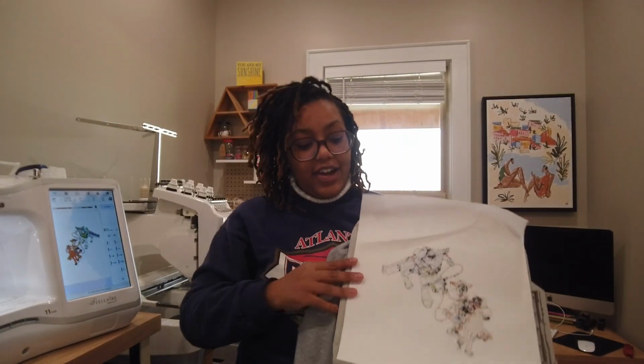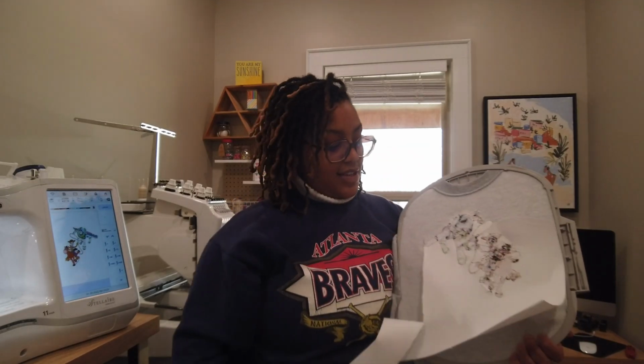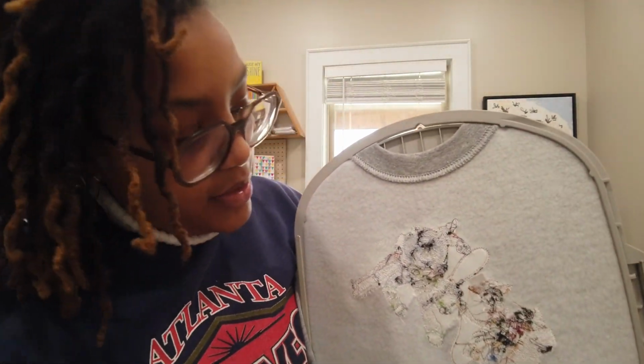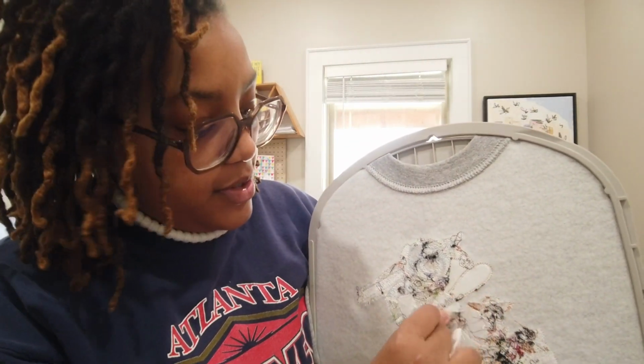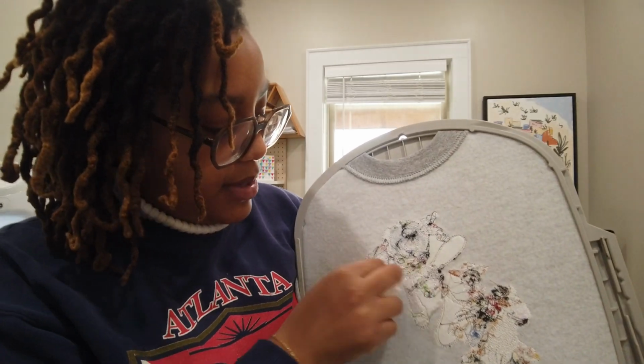So the next thing I'm gonna do, remember we talked about tear and wash away stabilizer? So I'm just gonna tear this on the back. Sometimes it's more satisfying than others. So this is what the back looks like. As you can see, there's still some stabilizer in here. If I'm really picky, I can go in and take this out, but it's not that big a deal because